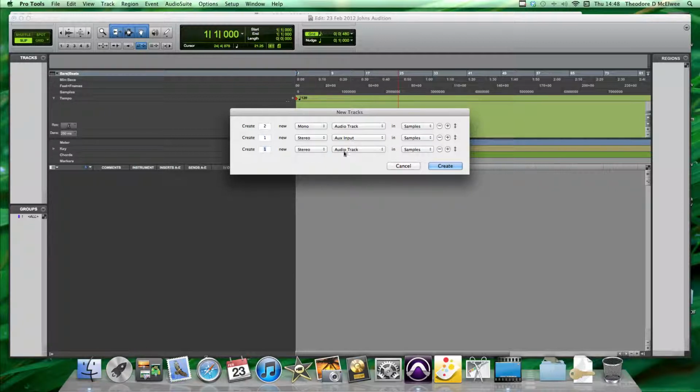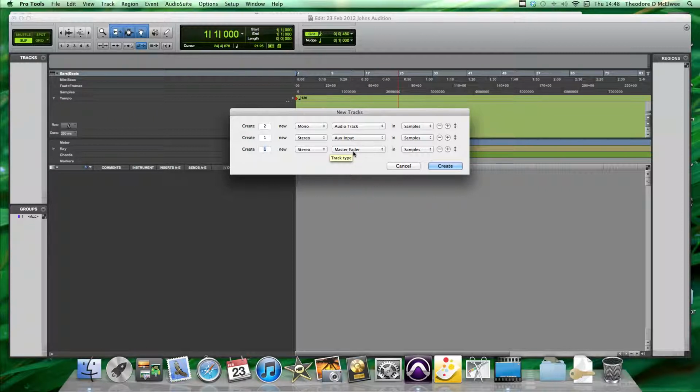And we're going to make it stereo. And it's going to be the master fader. This is the most important part of your mix, because you have to have a master fader. Because your audio tracks, you'll see in a minute, they may look good, but if your master fader, it's basically